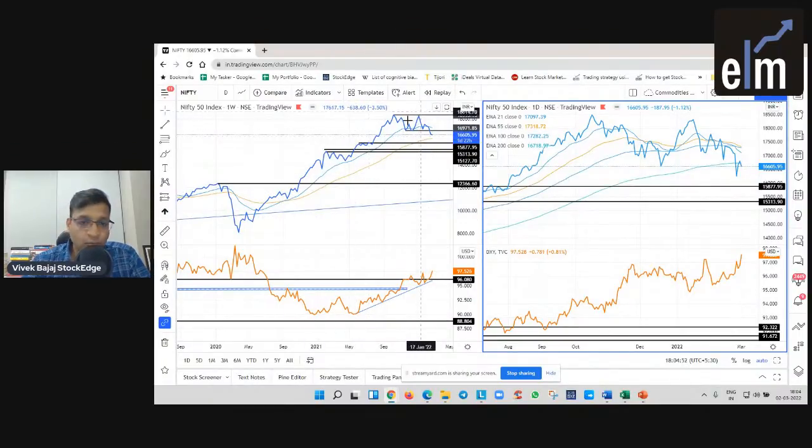And market was in a denial mode when market was in a range, but then when market fell because of the geopolitical issue, now market is pretty much weak. And till dollar doesn't show any sign of aggressive weakness, market is definitely weak, right? Now, how do you trade in this kind of a market? It is not one of those markets which is advisable for trading purpose, because when market is uncertain, there is choppiness on both sides of the market. So you should expect that if you buy, maybe in a few days your stop loss will get hit. If you sell, maybe in a few days your stop loss will get hit.